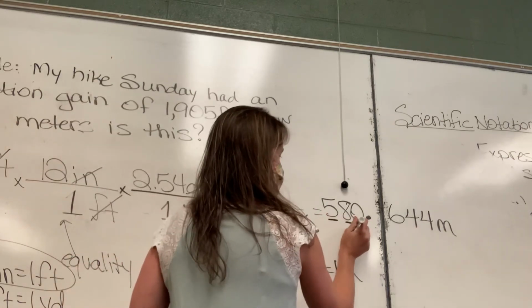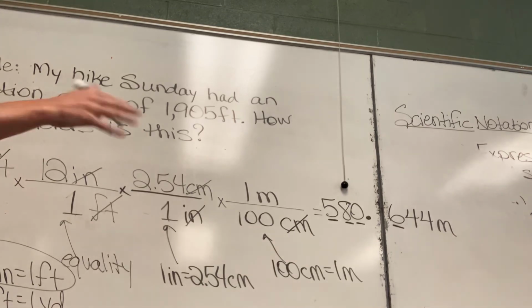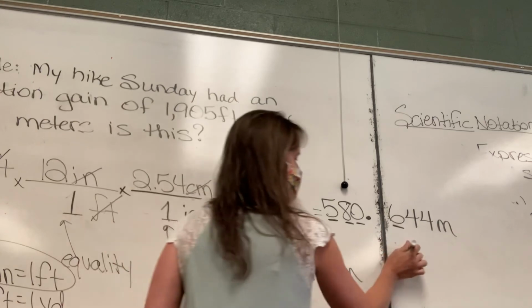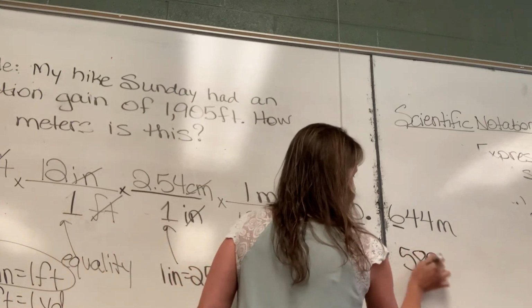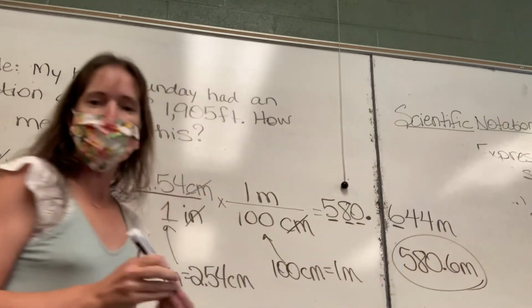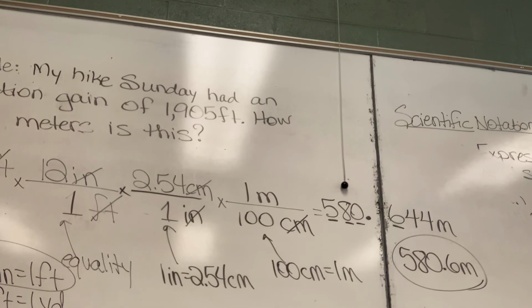1, 2, 3. The 10th place is the 4th one. Look at the next position, it's a 4. So what should my answer look like? 580.6 meters, and that'll be the answer. So what I want you to kind of get used to doing when you do the calculation stuff, because you're multiplying and dividing, write down your answer, but you should feel like you're not done yet, because it's not your final answer, and you want to make it look the same number of digits. Okay, we didn't get quite as many